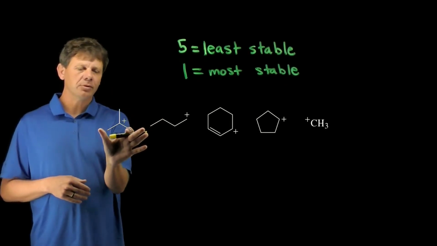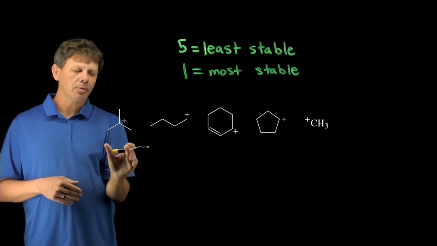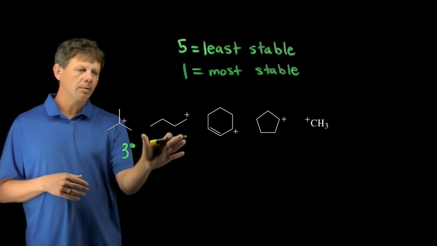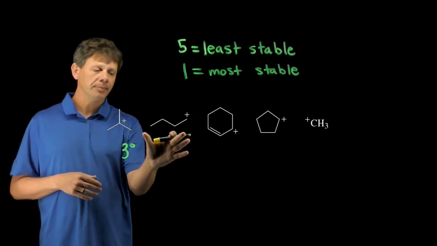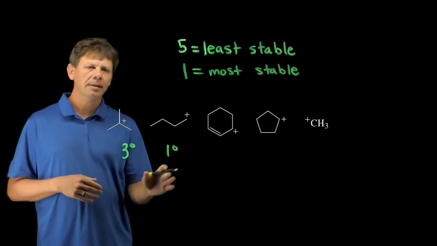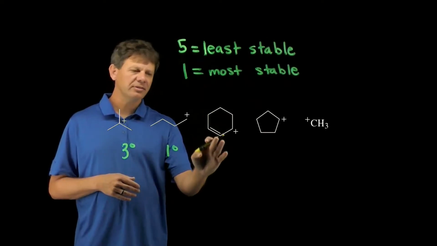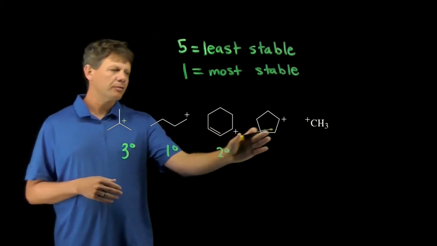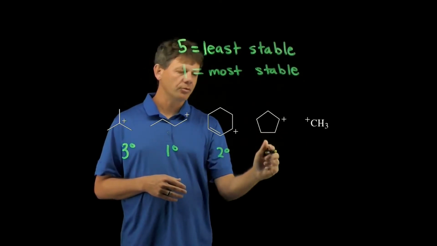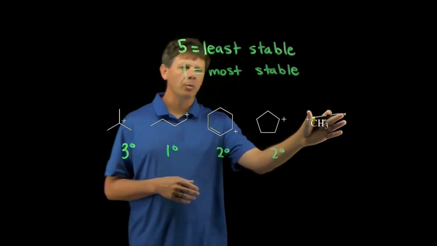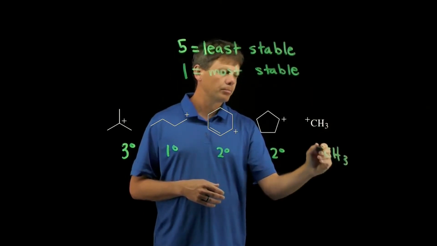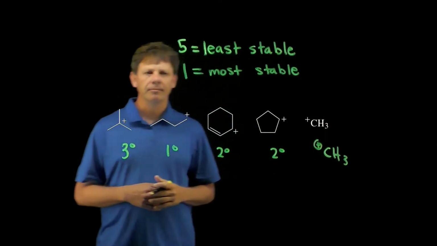we'll look at the substitution. So for example, this carbocation here is a tertiary carbocation, and we know that tertiary carbocations are relatively stable. This one here is primary. This one here is secondary, but we'll come back and say more about that one in just a second. This one over here is also secondary, and then this one is a methyl carbocation, so neither tertiary, secondary, or